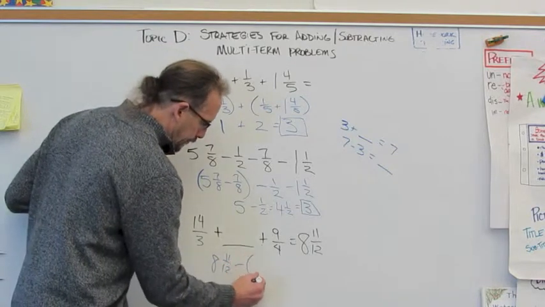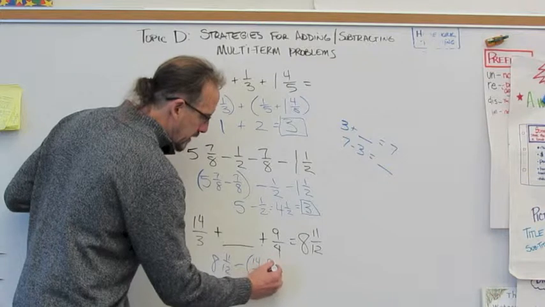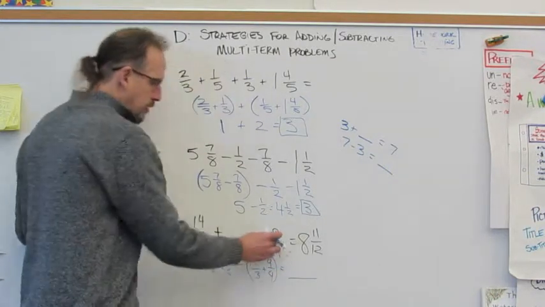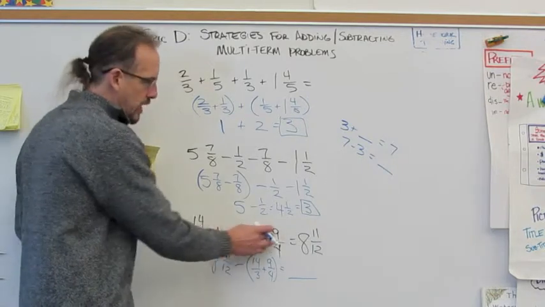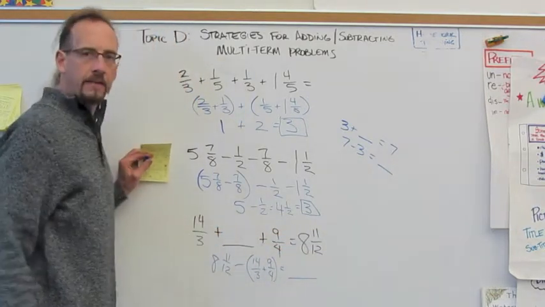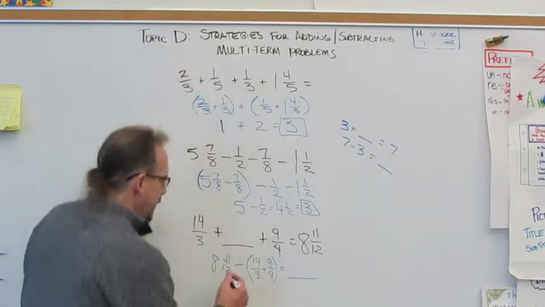minus 14 thirds plus 9 fourths equals what? So if I take away these two things from my final sum, I should be left with that. And so when I add these two things together,